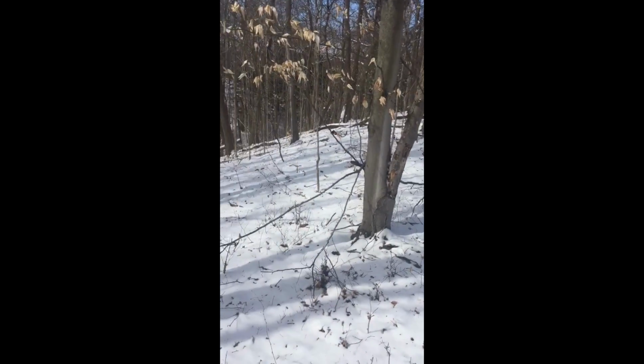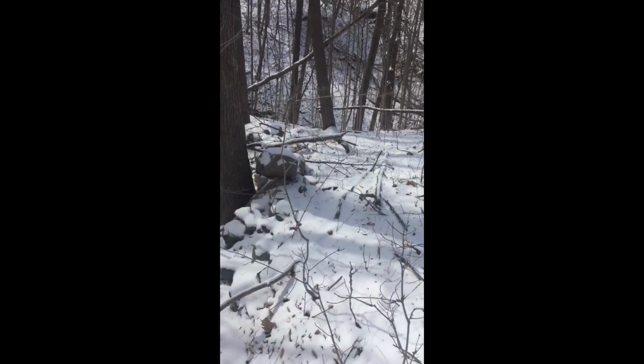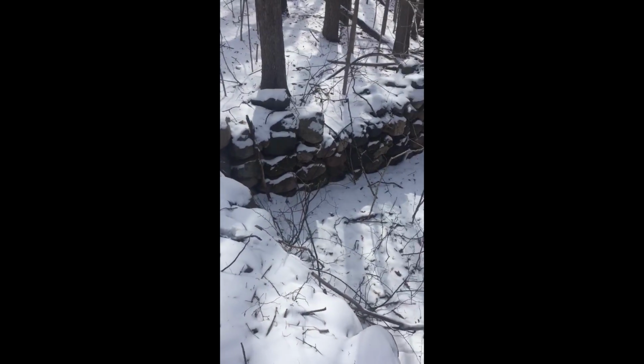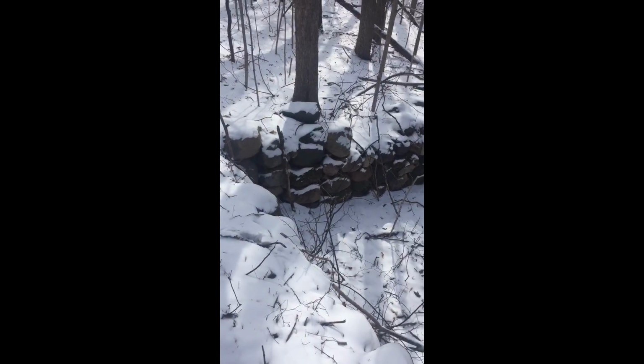Well, we made it after hiking through the woods. Haven't checked the ground yet, but it feels pretty hard. And here is our first spot we're going to be checking out today. Look at the work that went into that. And it was located by